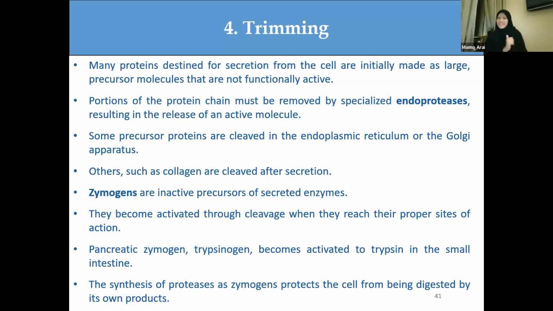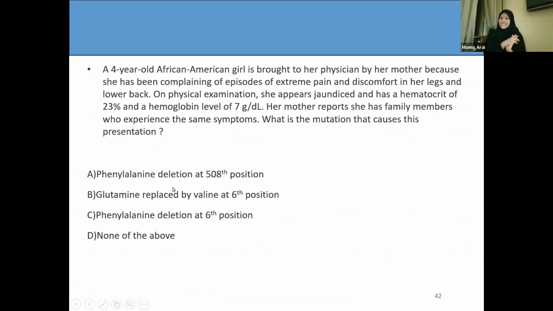Okay. I have a question for you guys if you don't have any for me, but that's basically the end of this lecture. This is the first question. There's 3, and I want you to have a break before the one at 7. So let's finish. A 4-year-old African American girl is brought to her physician by her mother because she has